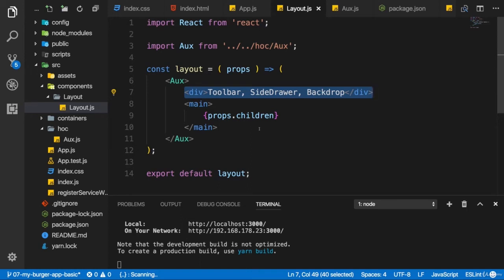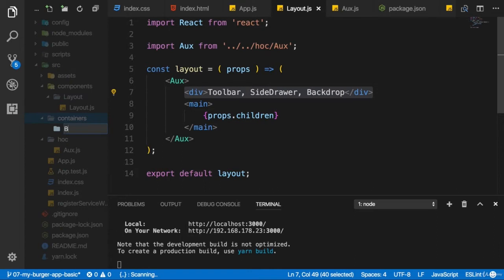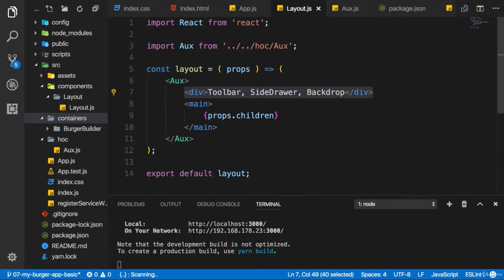So let's start implementing the burger builder component. And as we identified in our design phase, this should actually be a container because there we plan on managing the state for the burger we're about to build. So I will go into the containers folder in the source folder, and there I will create a new subfolder